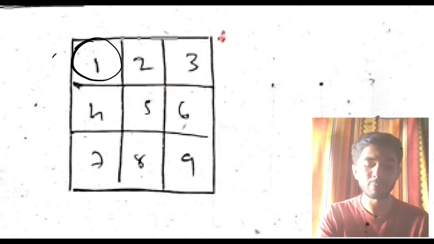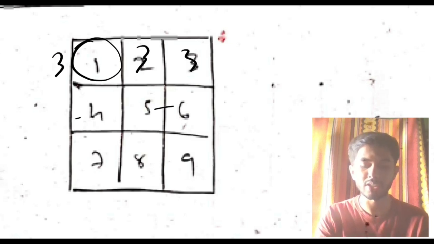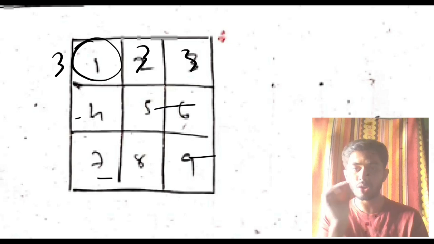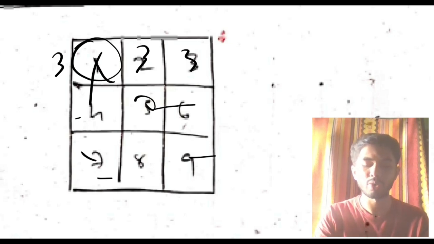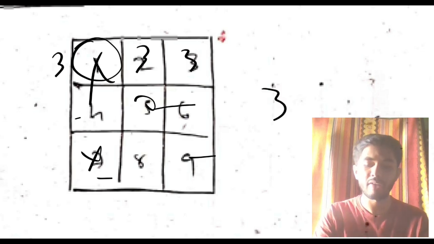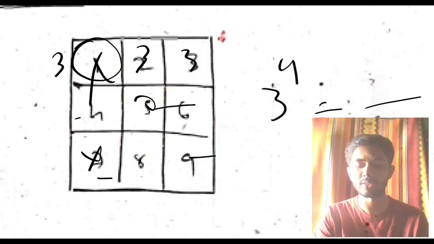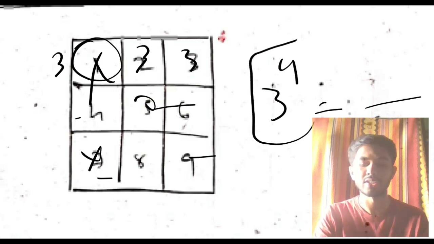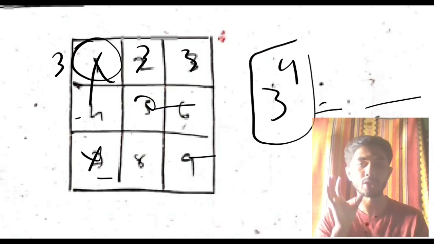So if there are 3 possibilities here, 3 possibilities here, 3, 3, 3, 3, 3, 3. How many total combinations can I have for the unique representation of the board? Like I can have X here, O here, and X here, like that. How many possibilities can I have overall? That is nothing but 3 power 9 possibilities. That answer you need not keep in mind, just write 3 power 9. These are the total number of possibilities.